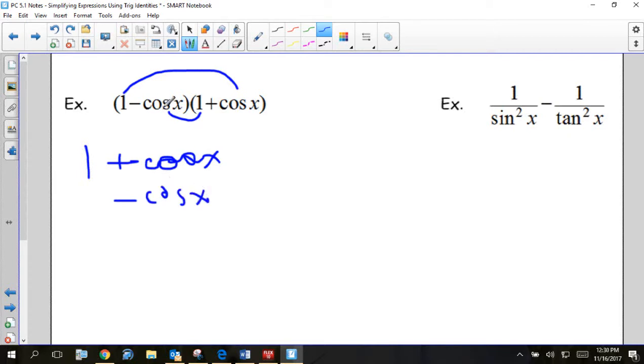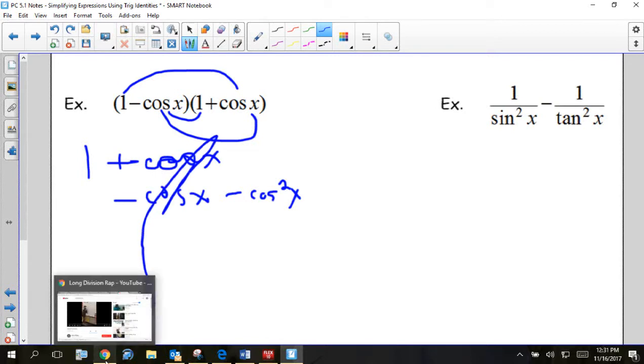And then we do minus cosine x times plus cosine x, so minus cosine squared x. Now what happens? Yeah, these cancel out and we get